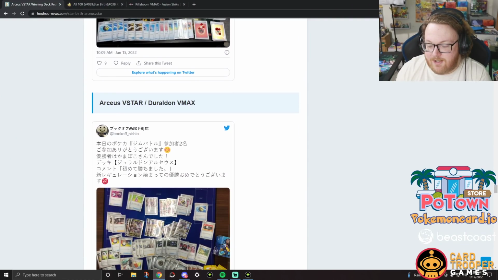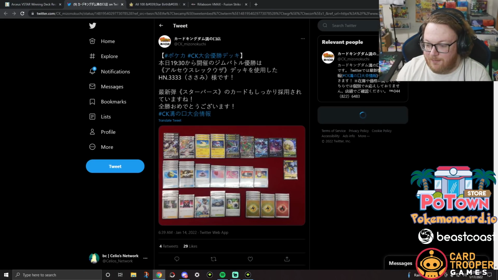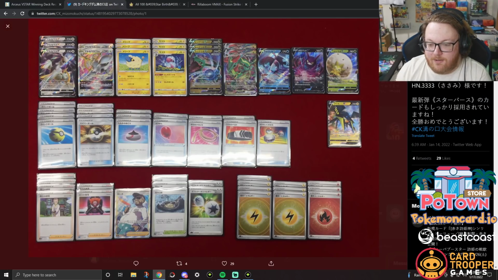And is Arceus Rayquaza? No, Arceus Rayquaza is not last but not least. But maybe it's last and least. But Arceus V Star with Rayquaza, the deck needs Manaphy because that's the problem of Rayquaza. You don't have Manaphy. You need the bench barrier. But Arceus V Star can now accelerate the energy to Rayquaza. You don't have to fully rely on the Flaffies anymore,